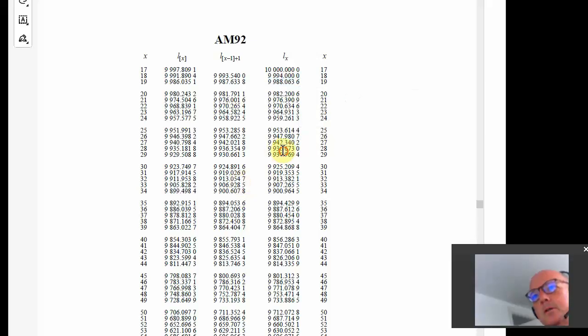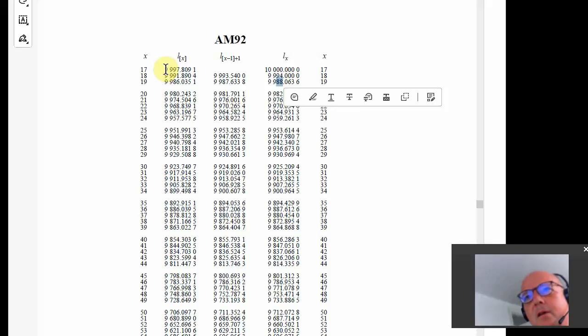So the chance of a 17-year-old picked at random dying in the next 2 years is 12 out of 10,000. The chance of a 17-year-old who's just bought a life assurance policy and has gone through the underwriting process dying in the next 2 years is